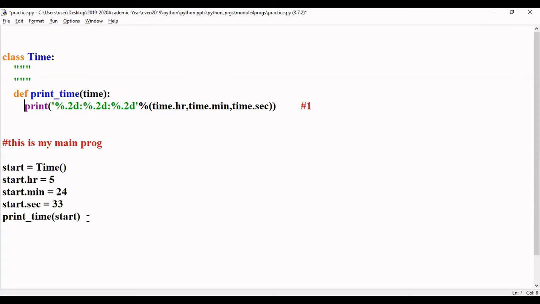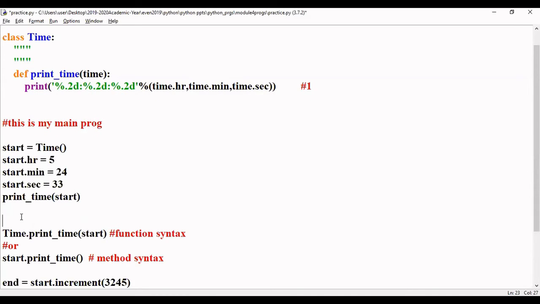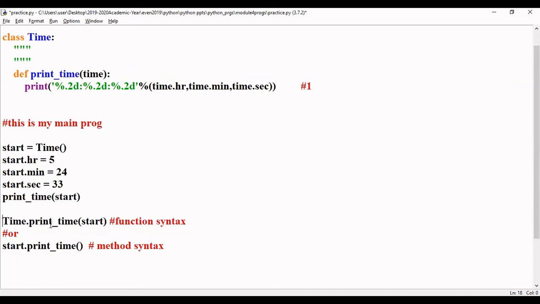Now, how do I call it? I told you there is a difference only in calling. So let us see how I can call. There are two ways of calling the function. If you see here, it is being called Time.printtime(start).